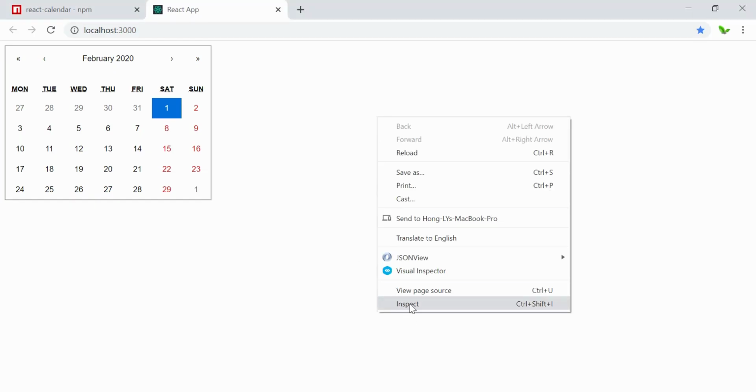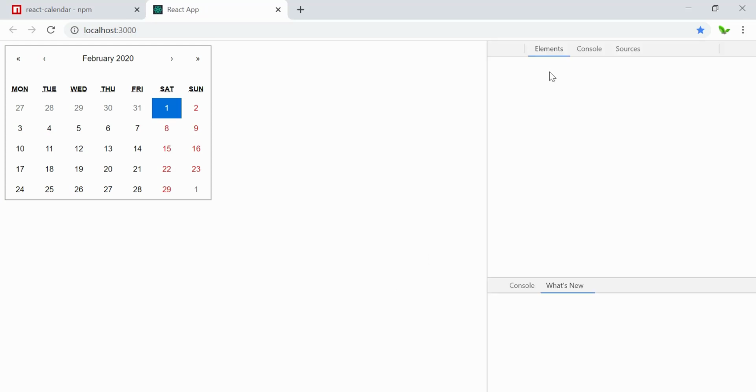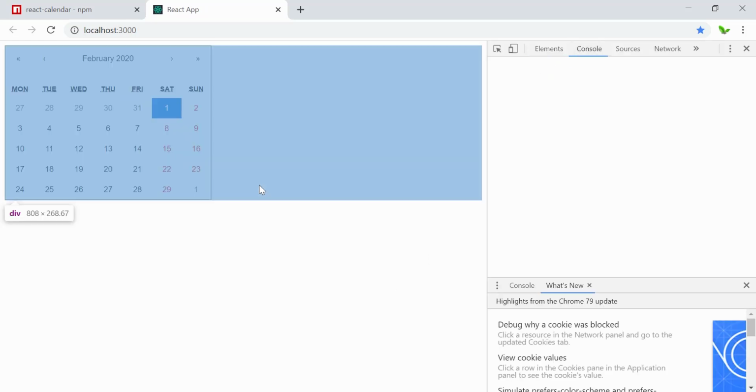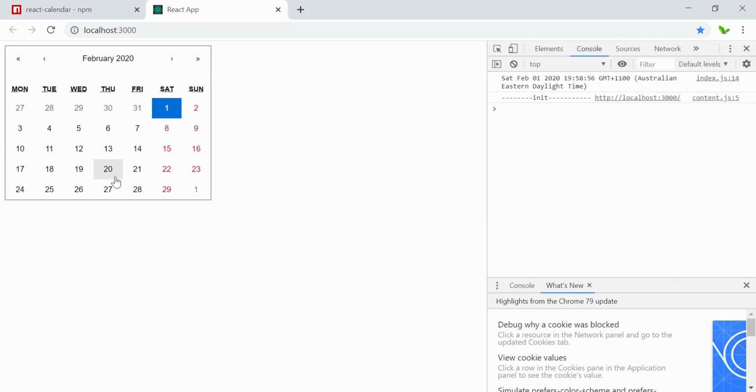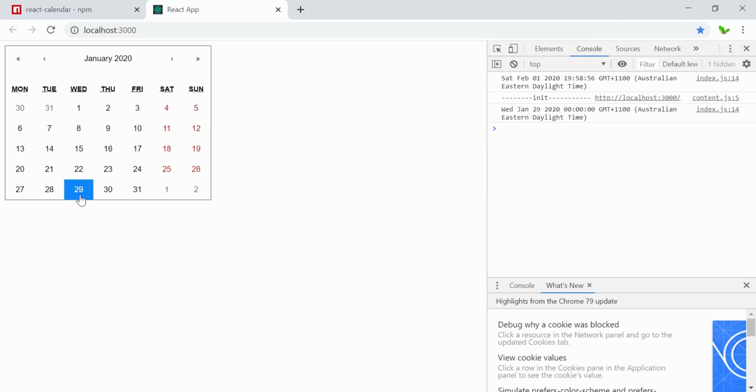Now let me inspect this and see the value that I choose. Alright, so it should be this one here. So say this is today and I want to choose 29, which is basically my birthday. And here you can see that February, not this one, this is the current one, and this is the one which is Wednesday, January 29, and